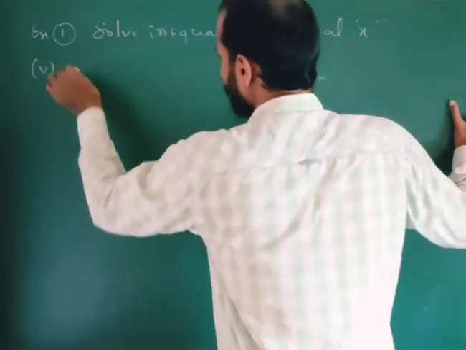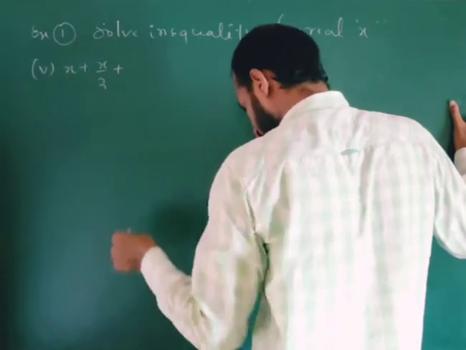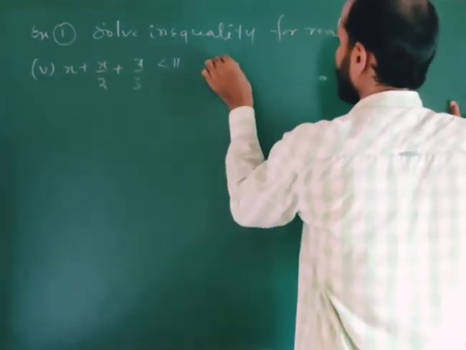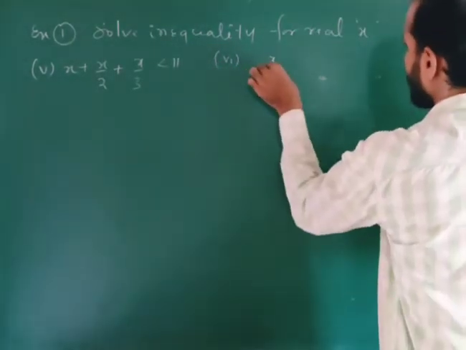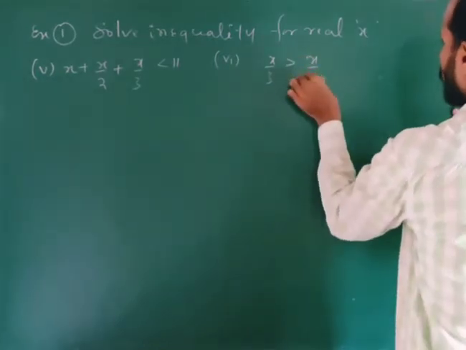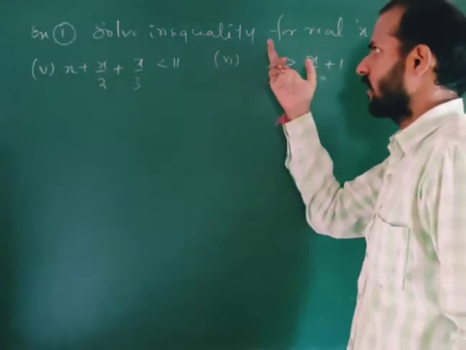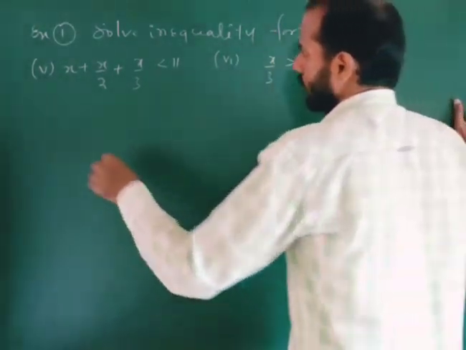x plus x by 2 plus x by 3 is less than 11, and the sixth one is x by 3 is greater than x by 2 plus 1, right? Here also they are asking to solve the inequality for real x, right? Solution,